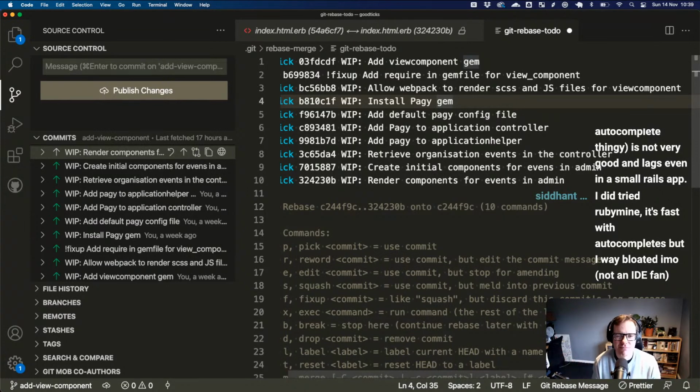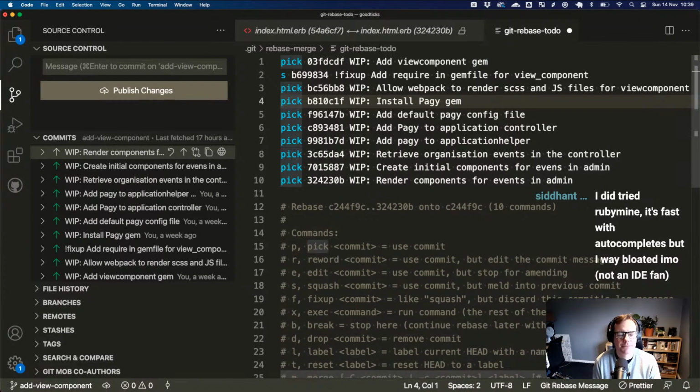Most of the time it gets me there, but I've mentioned on this channel before that I do miss back in the day when I used to use the full Visual Studio, working with .NET code and having that full autocomplete with the docs in there. They call it intelligent something.